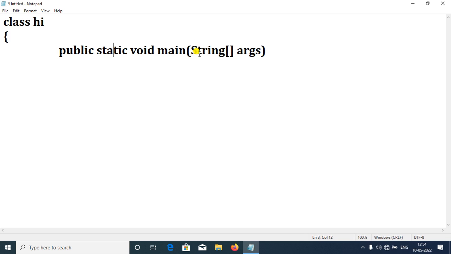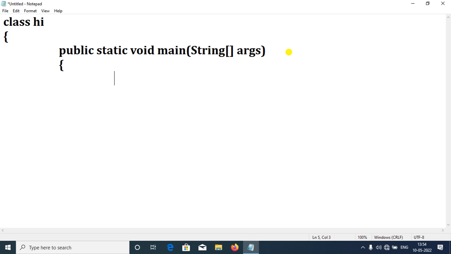The argument of the void main method is a string array type argument. String is a class, and the brackets represent the array. It is fixed that we must write the string array type, and args stands for arguments. Void main is the method name, and void is the return type, which tells that it is not returning any value. I have explained this completely, just telling it in short.